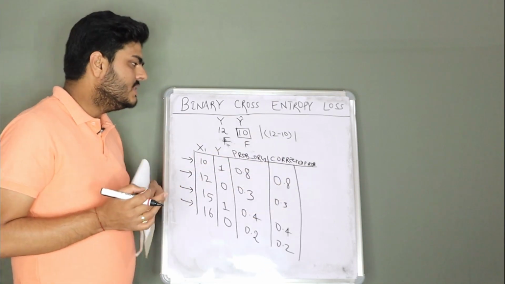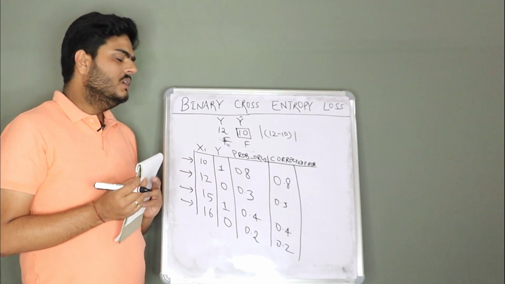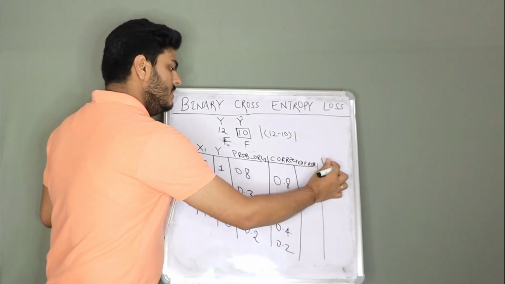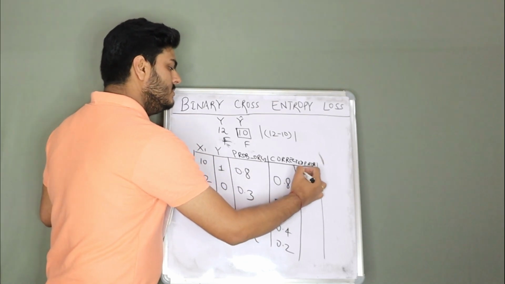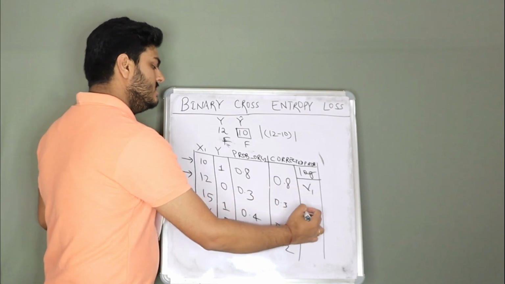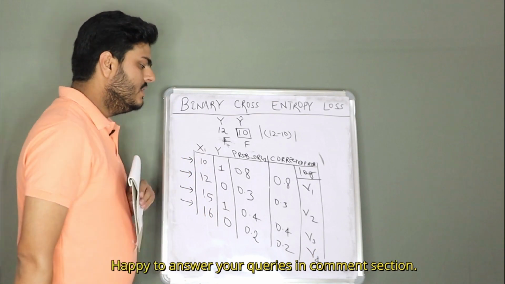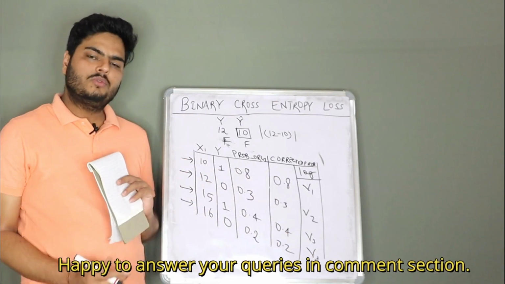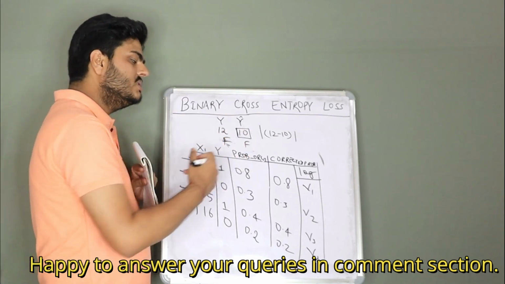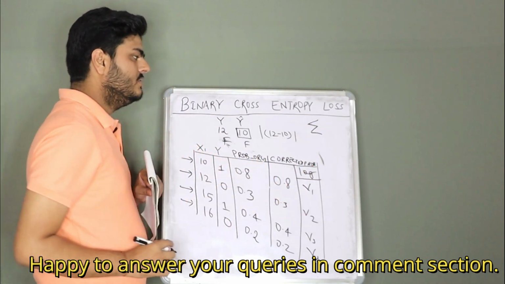Now once you have these numbers, it's very simple to compute what we call binary cross entropy. You just take a log of this, and let us say this column is the log column, just for simplicity, log of all these numbers. Now the logs are v1, v2, v3 and v4. Once we have these 4 log values, then binary cross entropy for these predictions will be the summation of all these log values that we got.